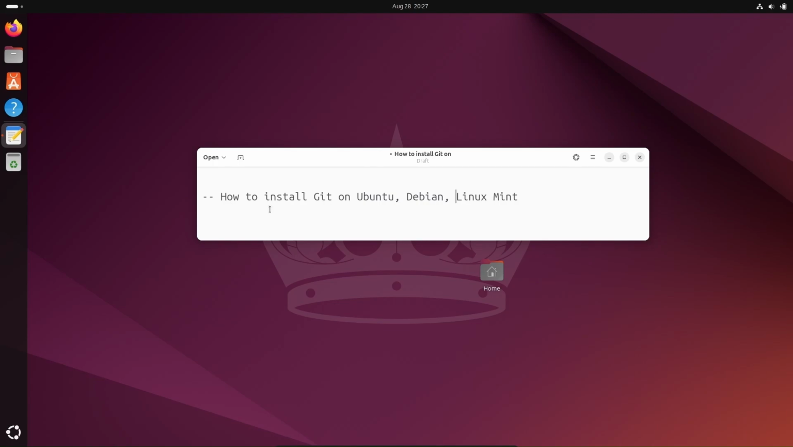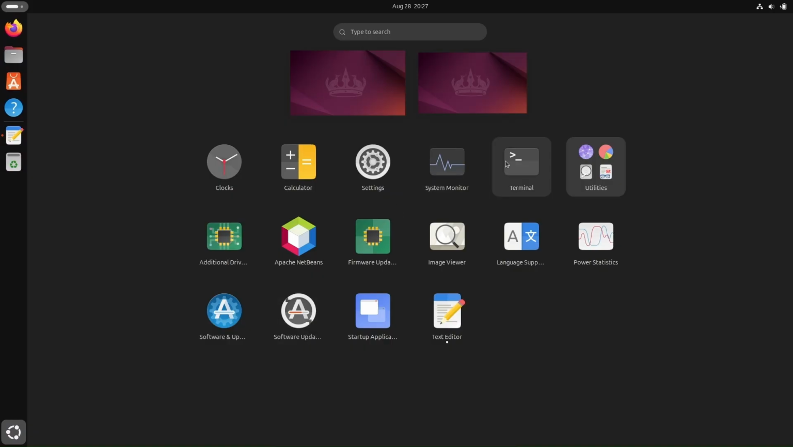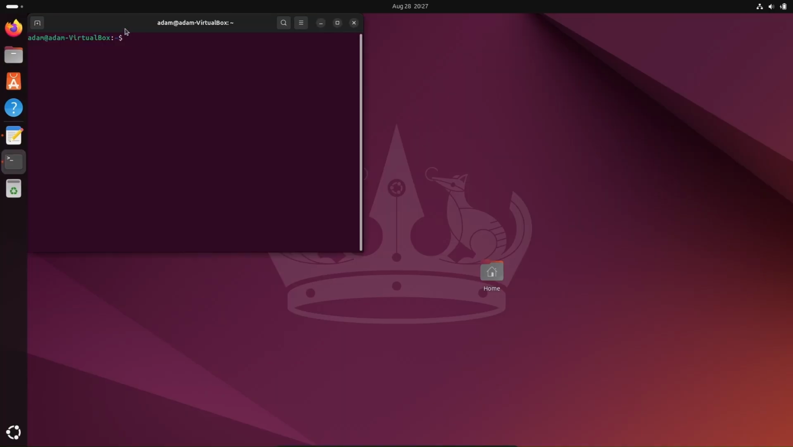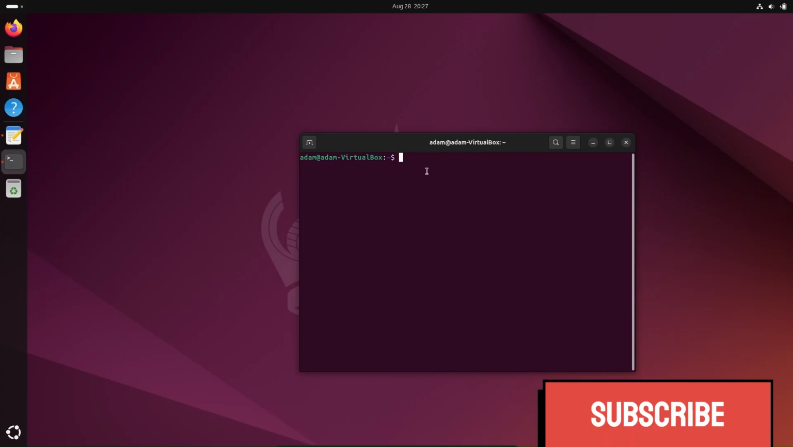In this lecture, I'm going to discuss how to install Git on Ubuntu, Debian, and Linux Mint operating systems. So first, open the terminal, and then you need to write the simple command sudo